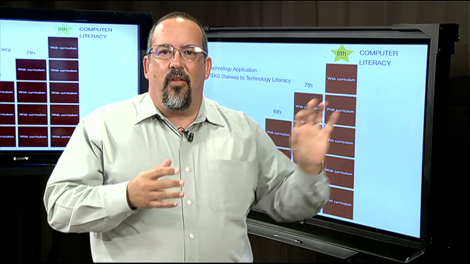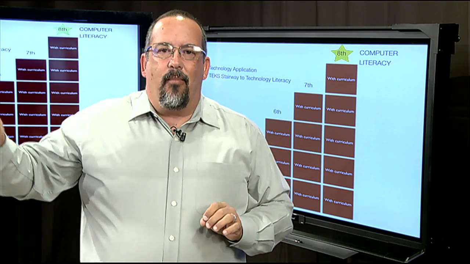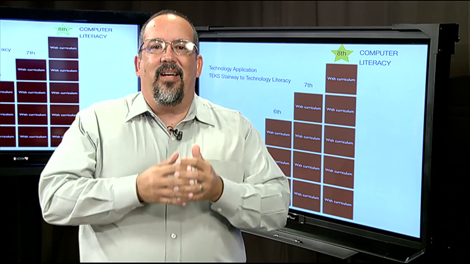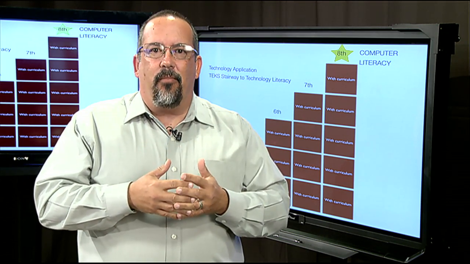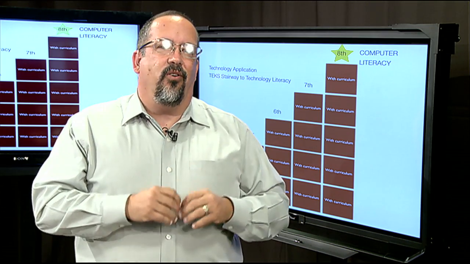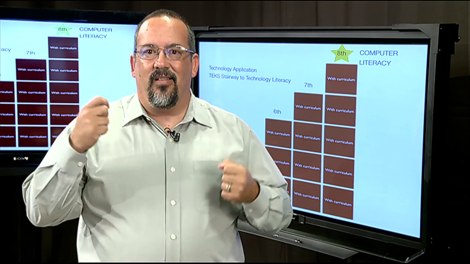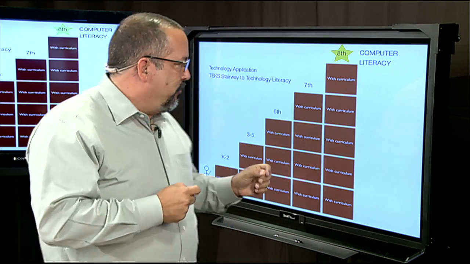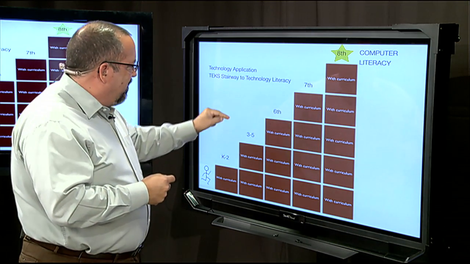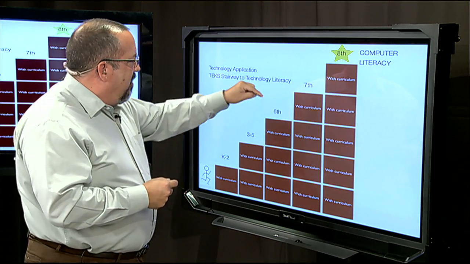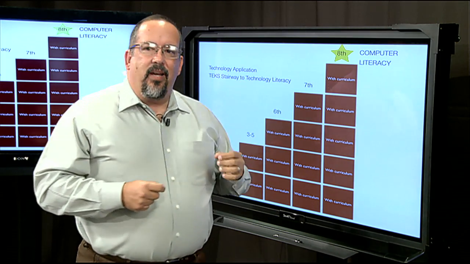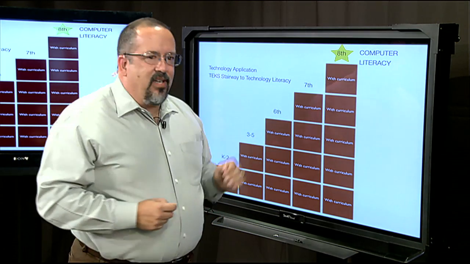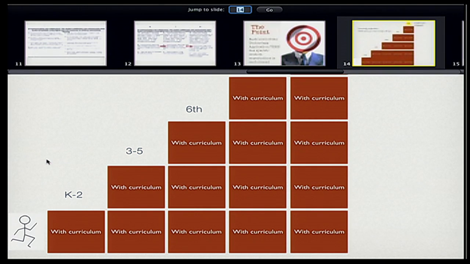It's not technology on Thursday or computer lab Wednesdays. It's embedded into the curriculum. It should be just part of your regular teaching process. The tools of technology are no different than the tools of crayons and pencils and things like that. So if our students are going to be successful, they have to go up the staircase all the way through 8th grade, and then by the time they get to 8th grade, if they've done all these technology application TEKS, they'll be what our